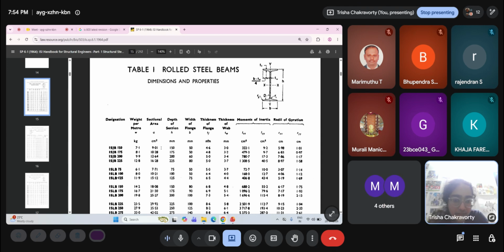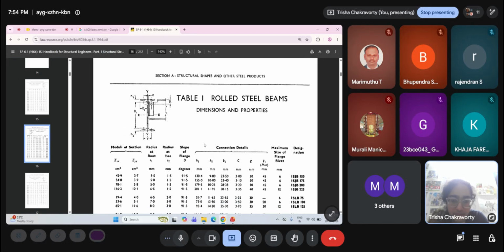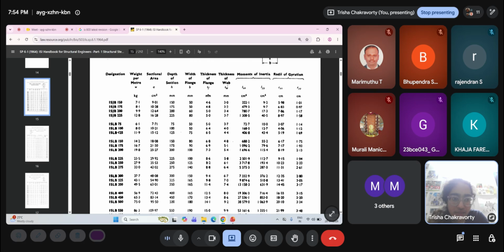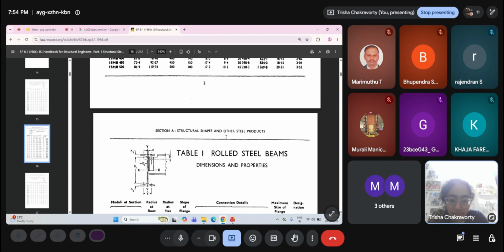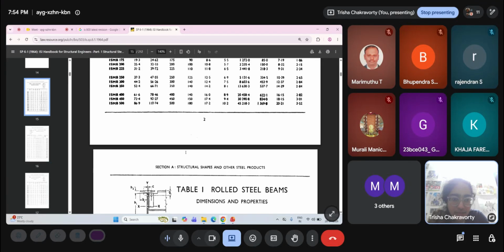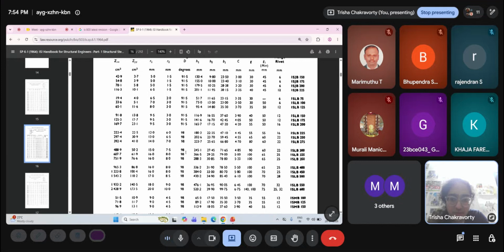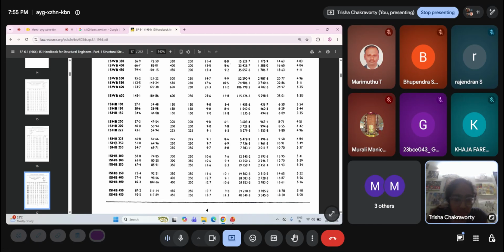If you read the row corresponding to ISJB, you will get all the properties related to this section: moment of inertia, radius of gyration. This is a symmetric section, so the center of mass is exactly at the center. Then we have some connection details, and a lot of details are given here. You can go down this code once. All of the left hand side pages have the designation, and then it goes along in a continuous way, the left page and the right page all have a continuous row where all these properties are listed. These are I sections.